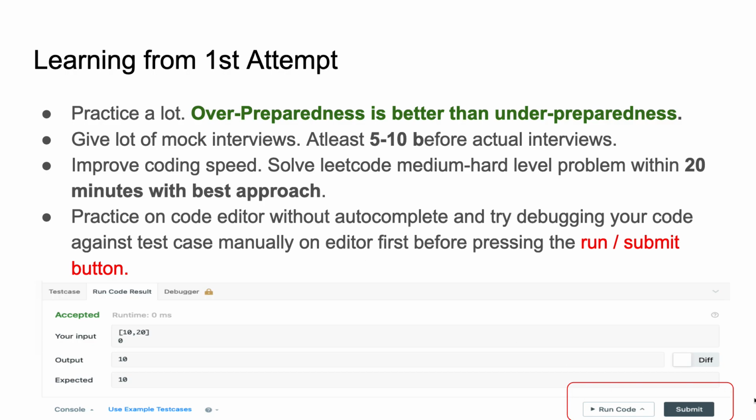On LeetCode it is highlighted like this. On whichever other platform you practice, there might be something like this. So that was my whole point: don't just go ahead and press the run and submit button without doing manual testing by yourself, right? And do it on the code editor itself, because mostly it will be virtual interviews. So don't do it on pen and paper and then communicate with the recruiter, because he won't understand what's happening. Do it on the code editor so that he is on the same page and knows what you're doing. Basically both parties are involved, right?